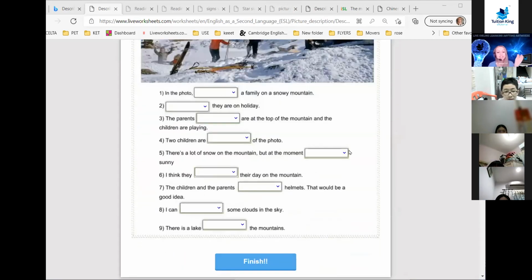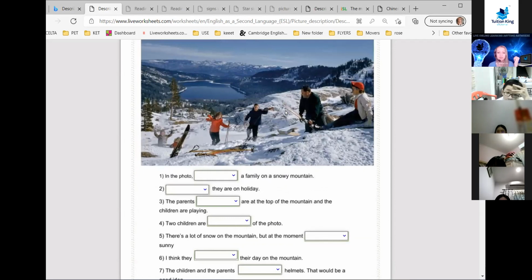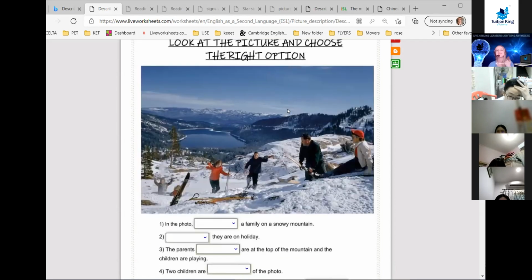Awesome. Now let's look at these sentences. We have 9 sentences. You have the options to choose the answer. Okay. I will give you a couple of minutes for you to read the sentences and choose the correct answer. They're actually quite easy, but yes, we just need to check them out. I have finished, but I want to check it. Okay.